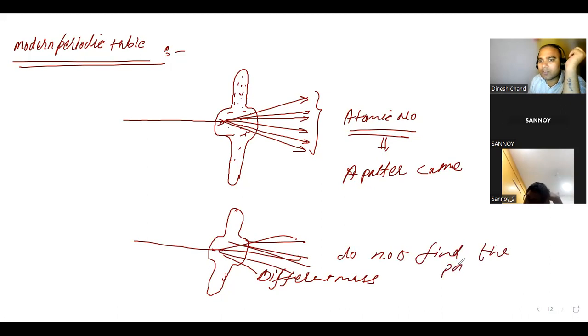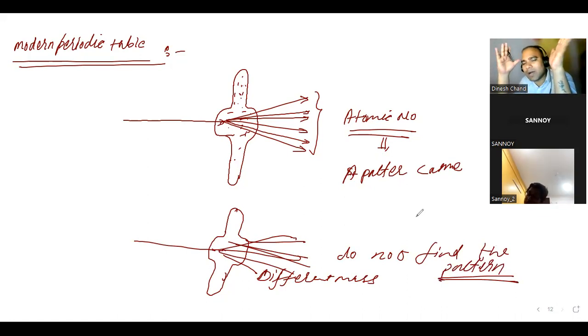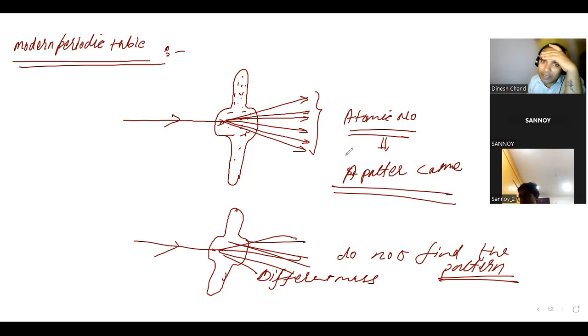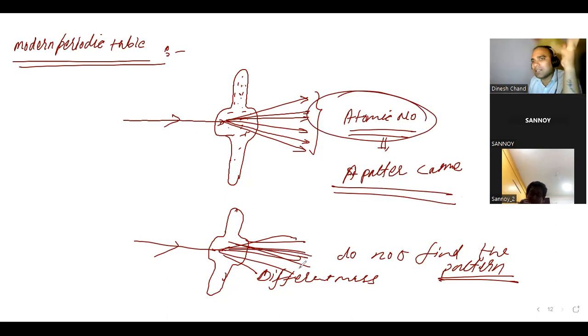So what he said, according to this, is that mass cannot be the basis. He said that atomic number can be the basis, because when he was passing the radiation, he found a clear pattern in the case of atomic number. In the case of mass, there was no pattern. So he thought that mass cannot be the appropriate way to describe the properties of elements. So like that he gave the modern periodic law. So what